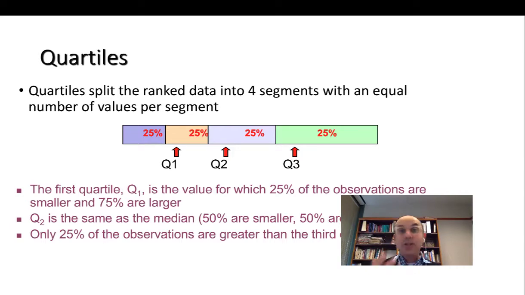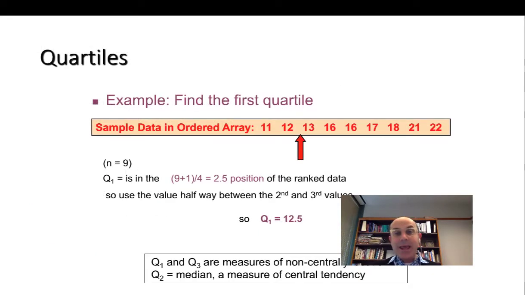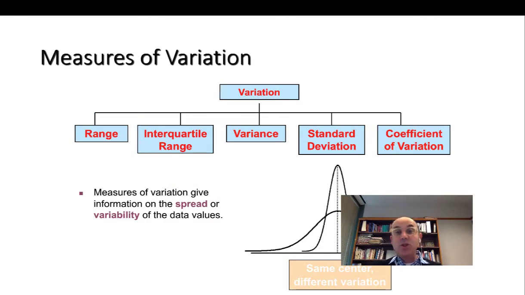We also looked at quartiles. Quartile is the idea of dividing the range of the data into 4 segments with an equal number of values per segment. And by doing that, it will give us a better sense of what each quartile forms. This is the formula, and again, this is a basic descriptive. I also talked about it in the introduction to statistics,